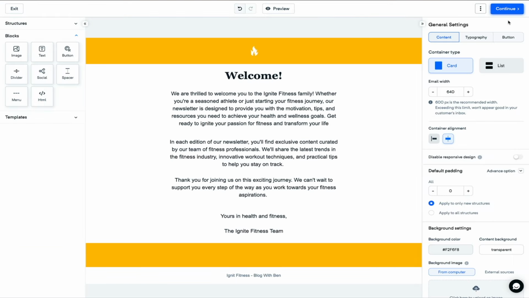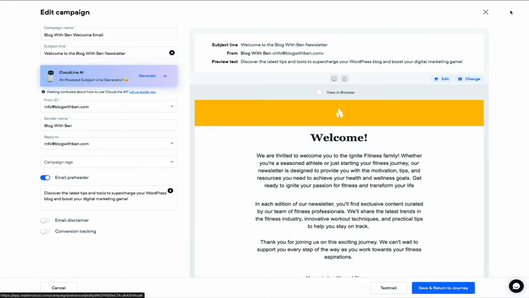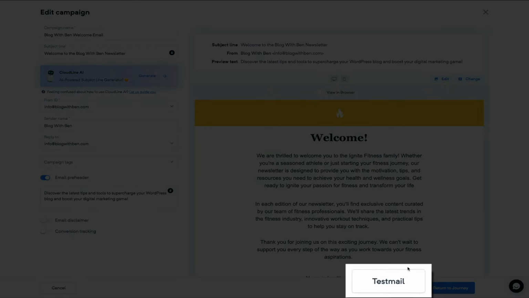Okay, after you've crafted your email and you are ready for it to be used in the campaign, click the Continue button, and this will take us back to the campaign builder where we get a preview of the full welcome email campaign, and so far so good. But I highly recommend sending yourself a test email so that you can see how it looks in a real inbox. So to send a test email, towards the bottom of the screen there, click the Test Mail button, and